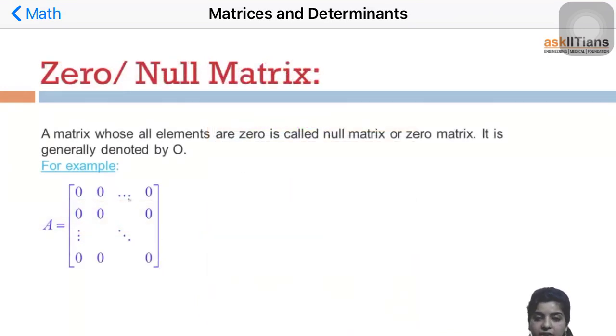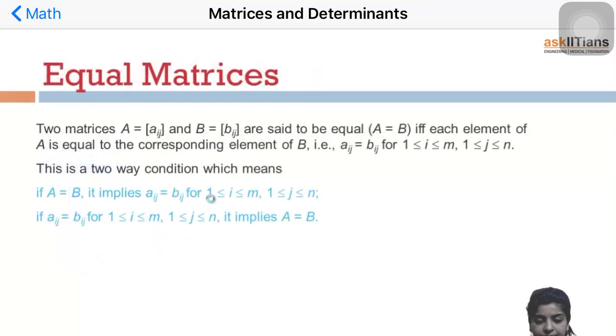First of all we have zero or null matrix. Zero or null matrix, as the name suggests, is a matrix whose entries are all zeros. So a matrix of this form, A equal to all zeros, is a zero matrix. Next we have equal matrices. Again, as the name suggests, two